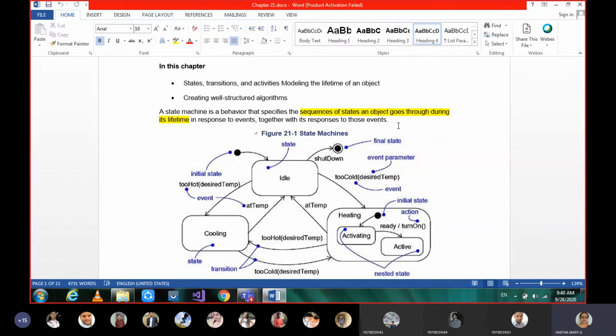Maybe the system which is idle at this point may, after a few seconds, by the initiation or the interaction message sent to it, become active. Or after some time it may be idle, or under execution, or under cooling. So the different states of that object can be captured in state chart diagrams, state machines.